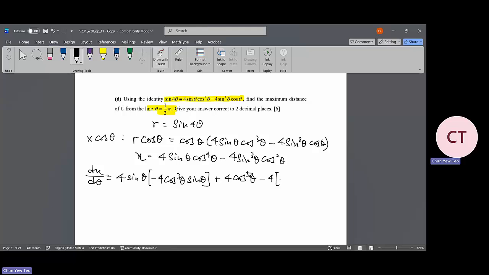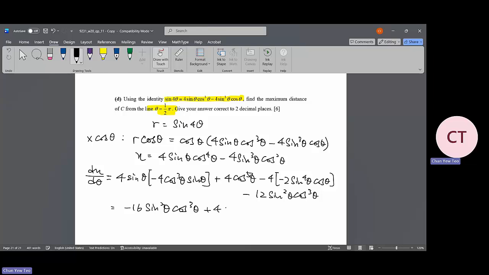You get negative 2 sine power 4 theta cos theta. Then minus the 12 sine square theta cos power 3 theta. Simplify it, you get negative 16 sine square theta cos cube theta